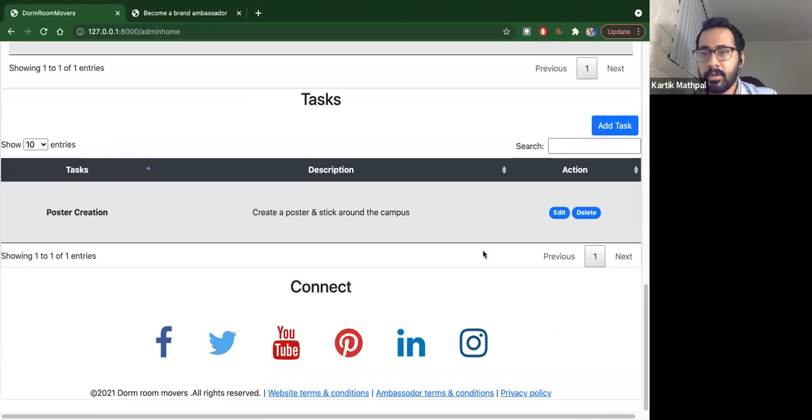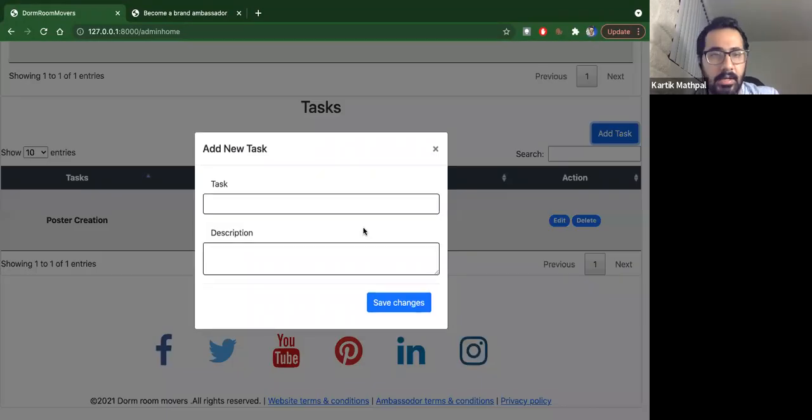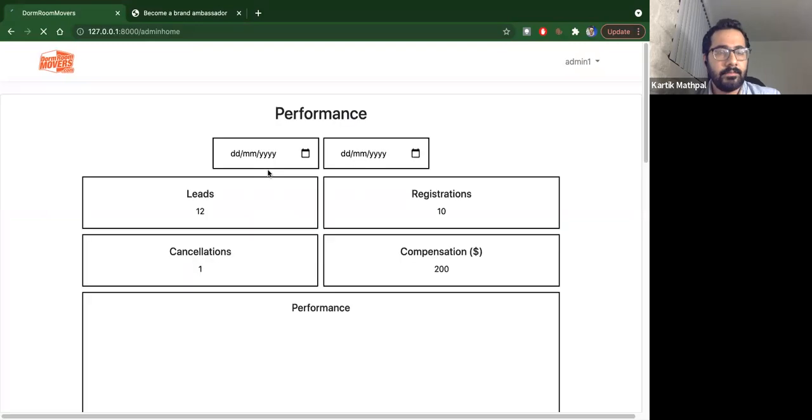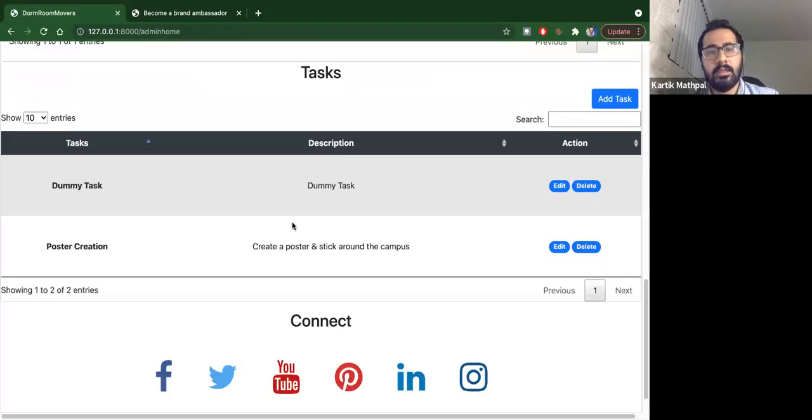Sorry, let me add the task again. Okay, let me save this. Yeah, we can see the task being present in the task table. And since it was the most recent task created, it got automatically pushed to the top of the view.